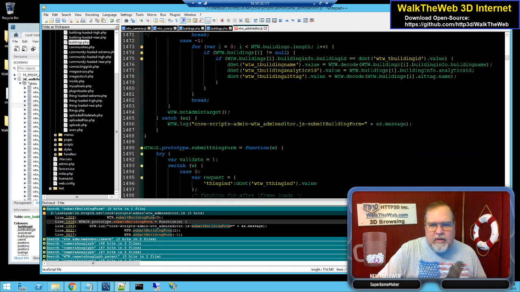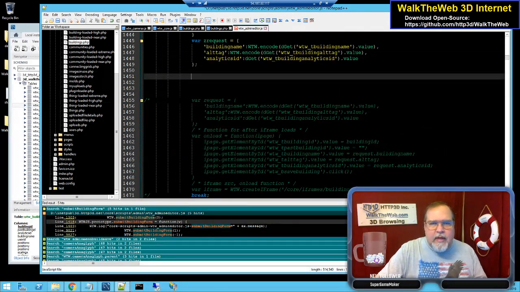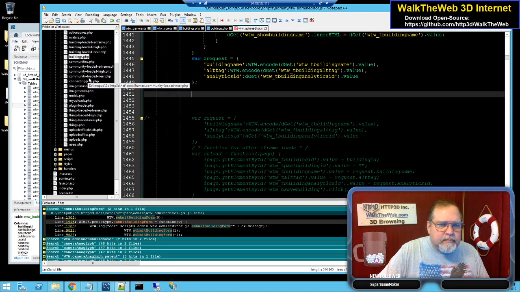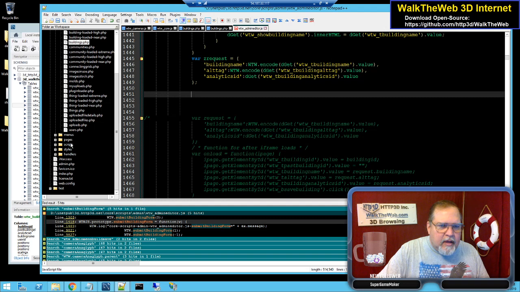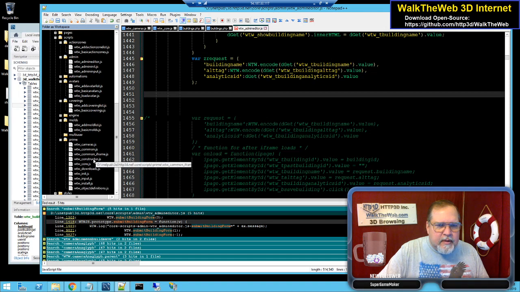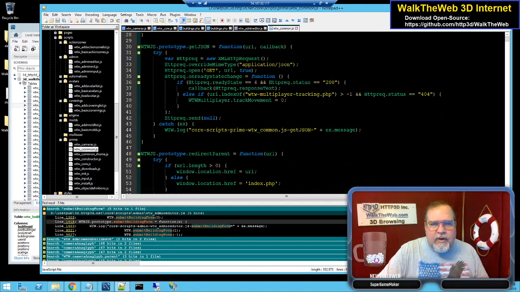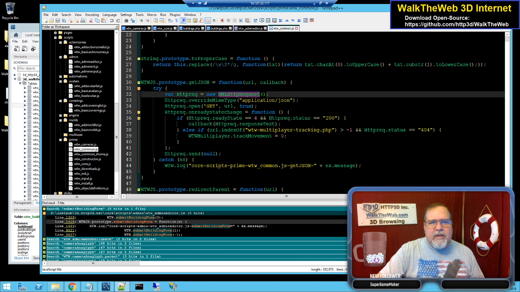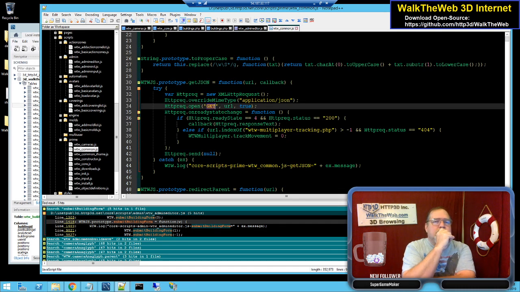I already have a function here under common. It's part of my scripts. And we have common, and it's even right here at the top. Get JSON, which does an XML HTTP request. It's doing a get. Do I need one that does a post? Because if I post the data,